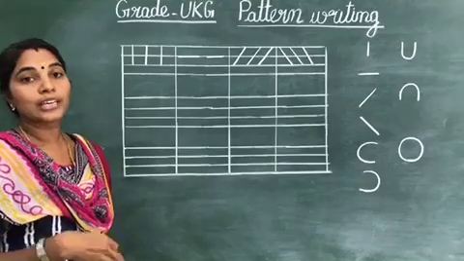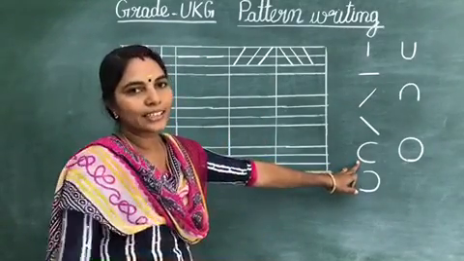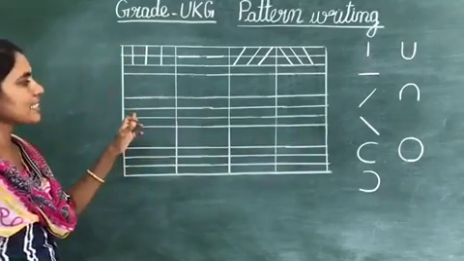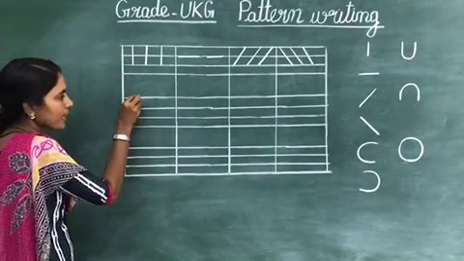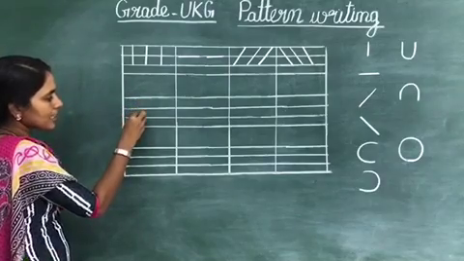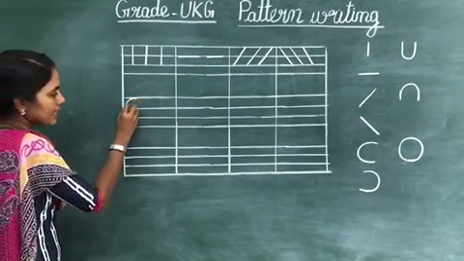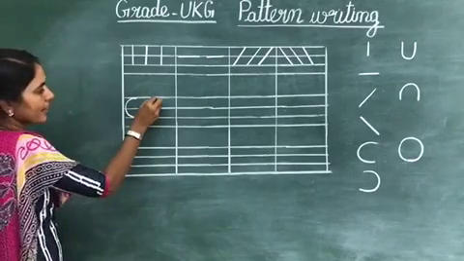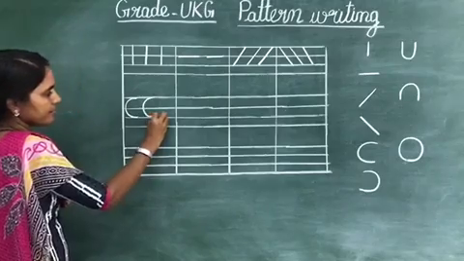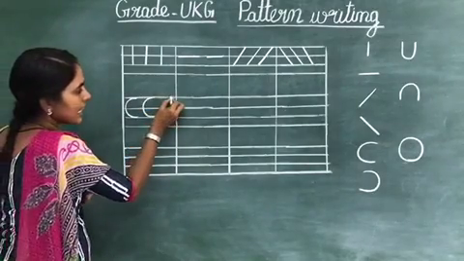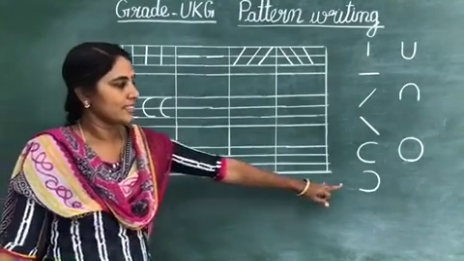Okay, now we can come to curve. Yes, left side curve. We can draw the left side curve first. Now see how to draw the left side curve. From the red line, you have to come to the second blue line. Left side curve. Tell and write. Left side curve. Once again, left side curve. Okay, next one.